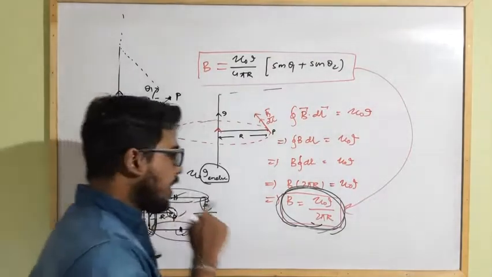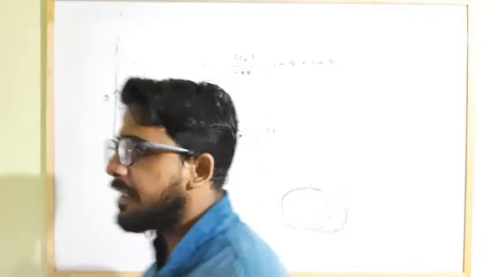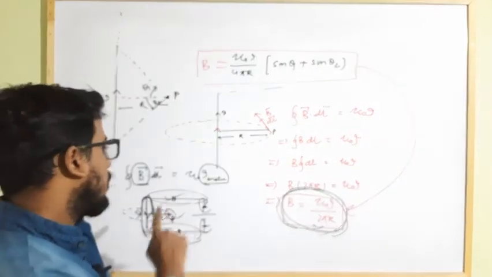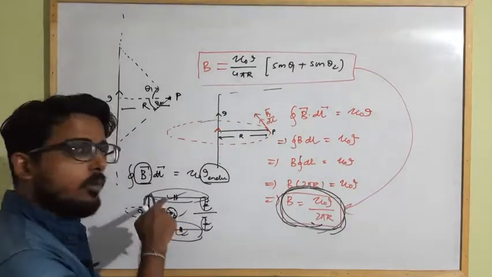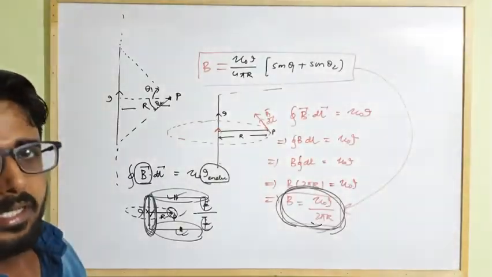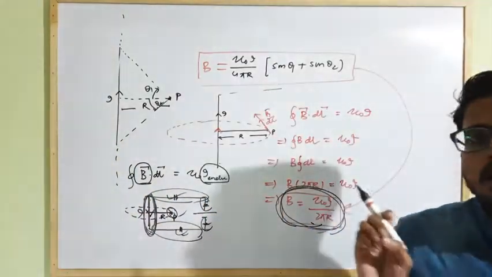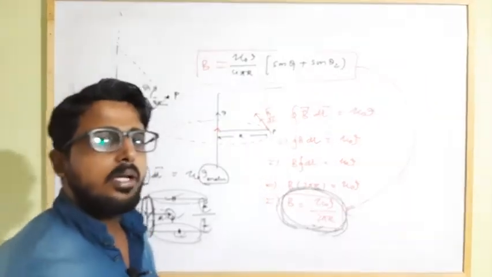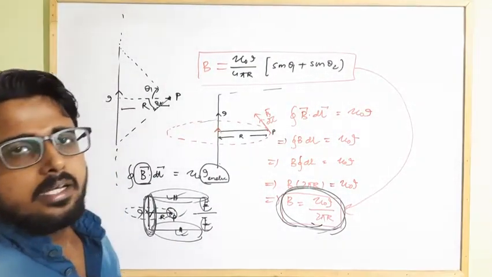So Ampere's circuital law is valid universally. But in case of a finite current carrying conductor, we cannot apply Ampere's circuital law. Or if we apply Ampere's circuital law, the magnetic field strength at that point will be due to all the current carrying segments present over there. Clear? So in general, Ampere's circuital law is applied in highly symmetrical cases. That will be easy for us to calculate the magnetic field strength due to the symmetrical current carrying conductors.